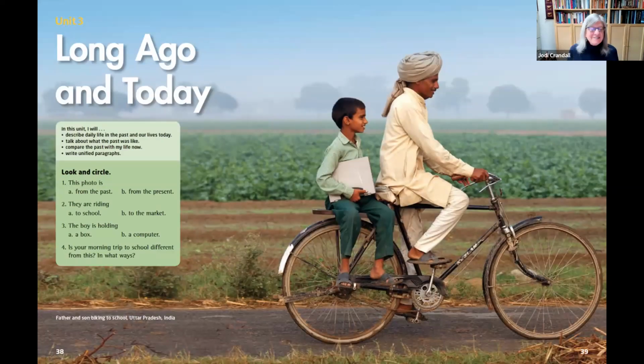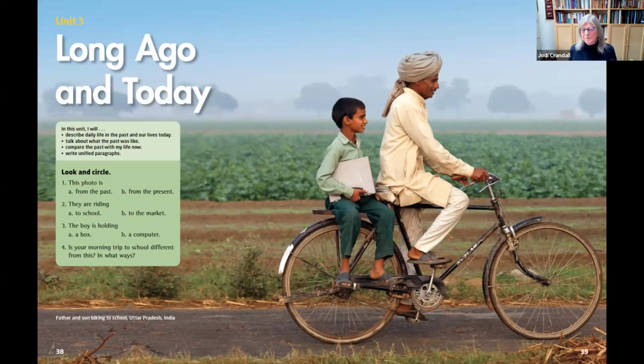Thanks, Joan. As Joan indicated earlier, we're very fortunate in Our World to have access to incredible high impact photos from National Geographic. And those photos, which open every unit, provide a context to bring the students into the theme and to have them think about what this really means to them. I particularly love this photo, and I think I would ask the students to tell me, what do they see and what do they think is happening?